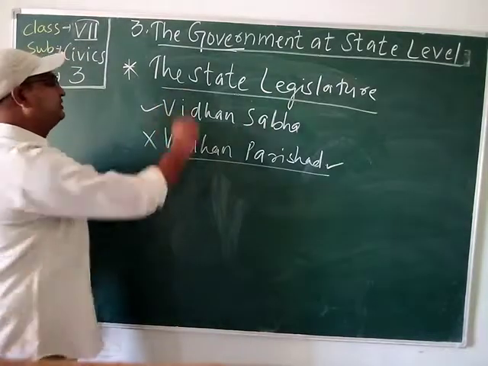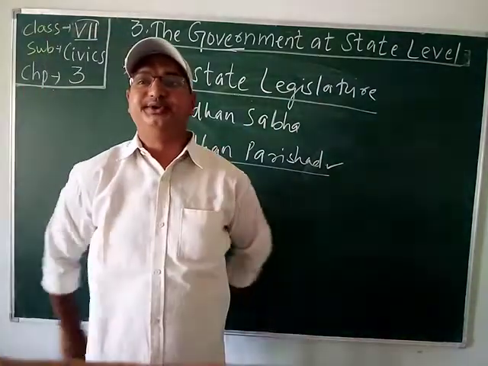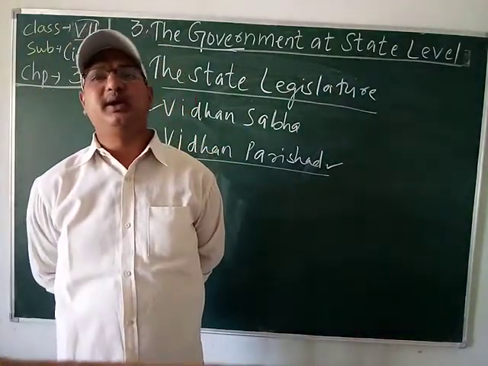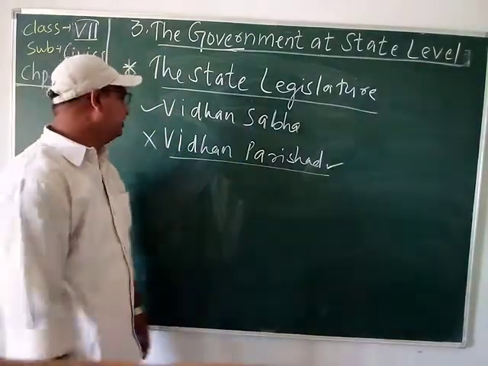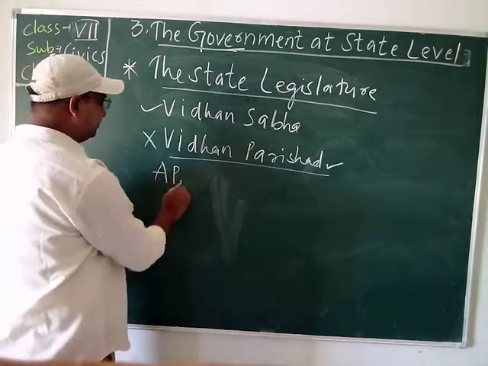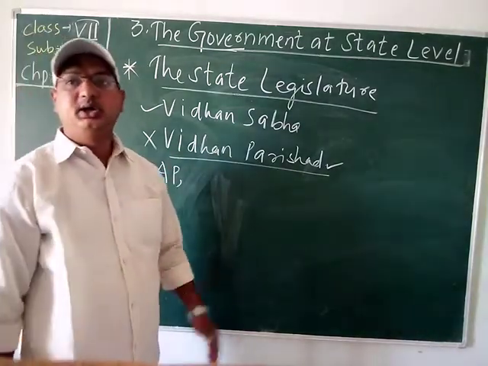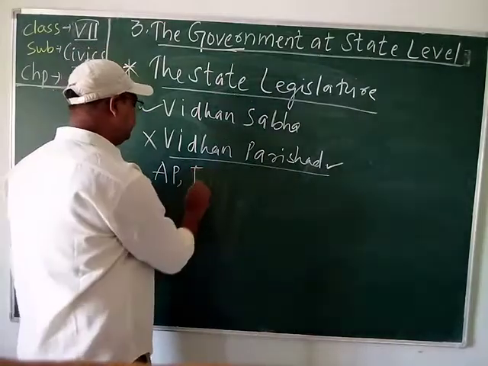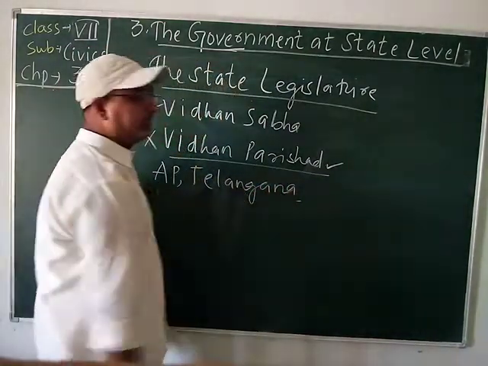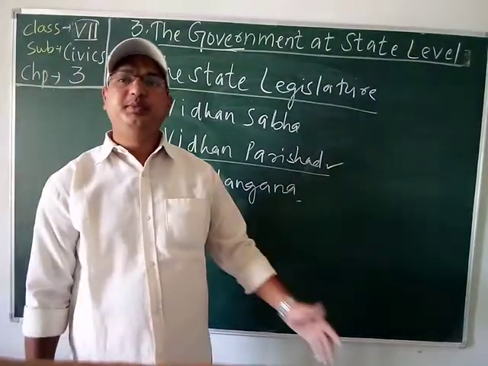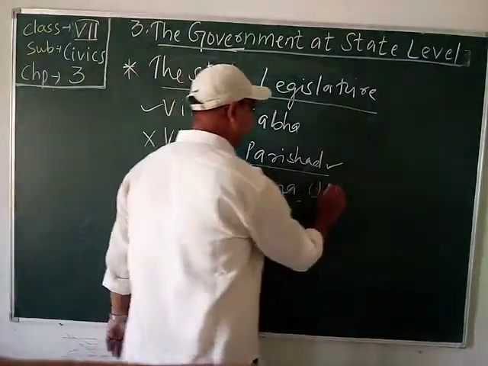So, Vidhan Sabha is present in our state Odisha. This is called the unicameral legislature. States such as, as I have told you, Andhra Pradesh, then students, Telangana, then Bihar, UP, Karnataka,